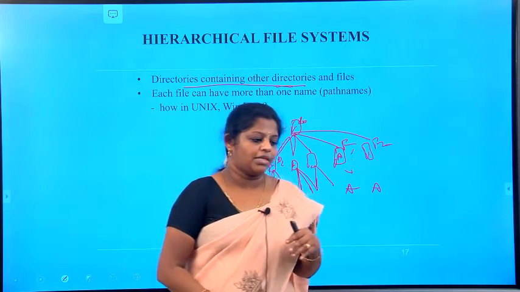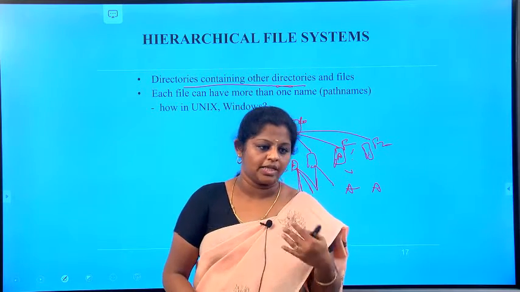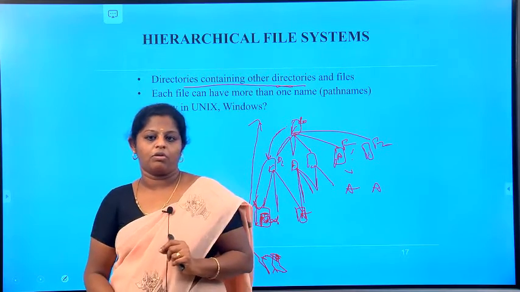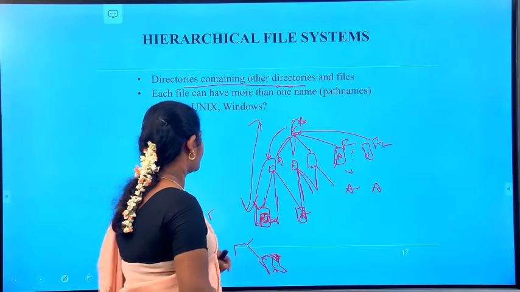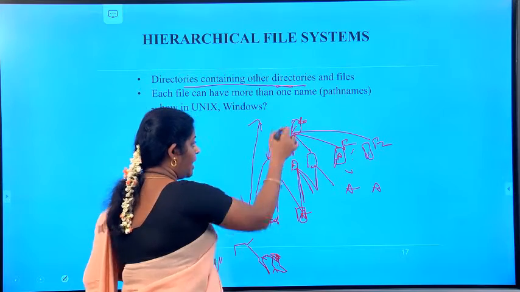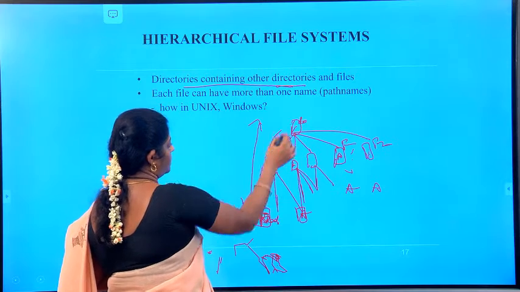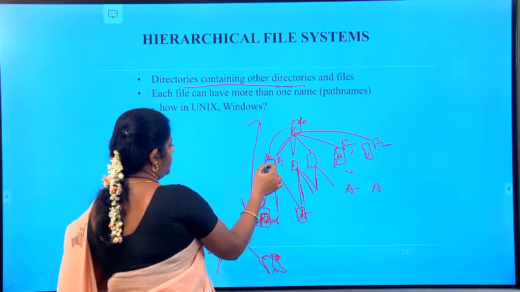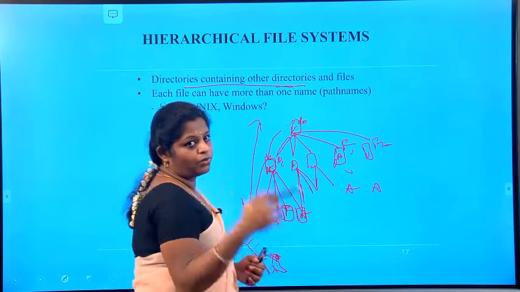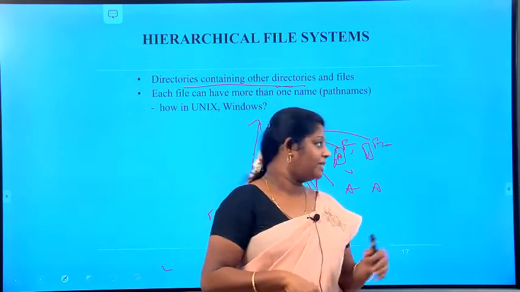The root of the tree is a directory that should have a well-known UFID, and multiple names for the files can be supported using the add name operation, and a reference counter field will be there in the attribute record. For example, if a directory has 3 files and I want to add one more file to the particular directory, again I should start from the root and come here, taking the path to the particular directory, and it will add the file here. So that path is also required. Even if you want to add a file, delete a file, or search a file, whatever it may be, the path is required.